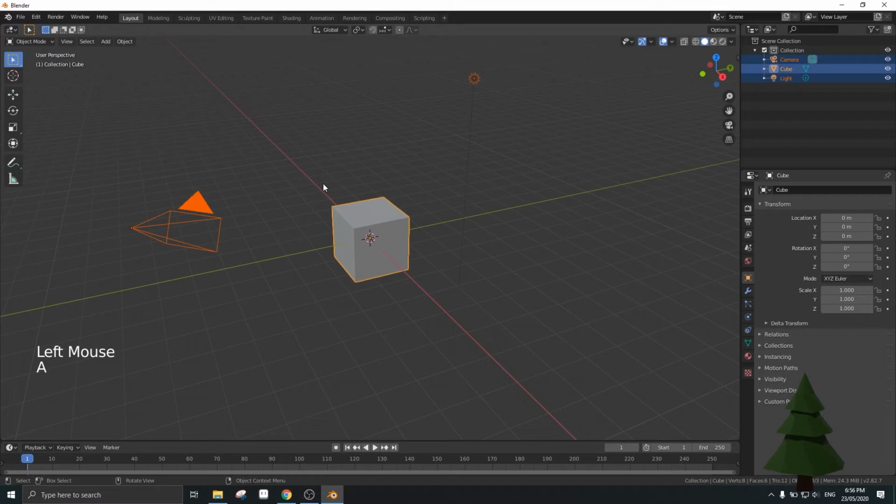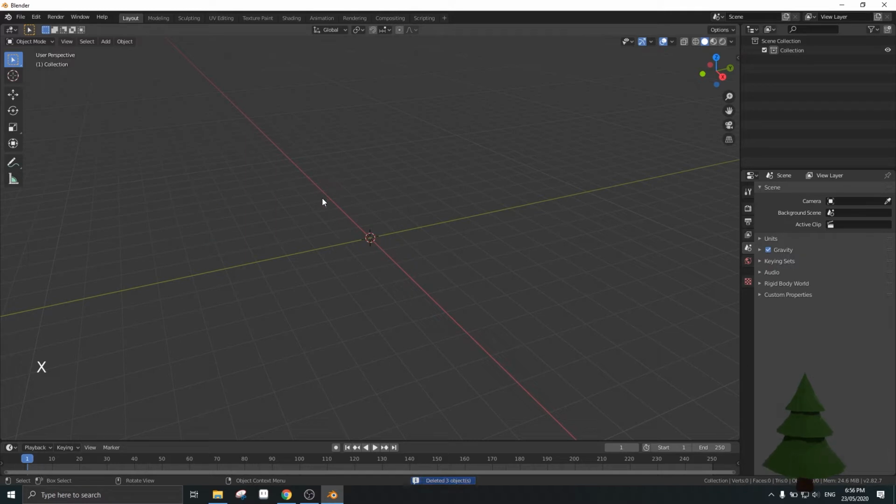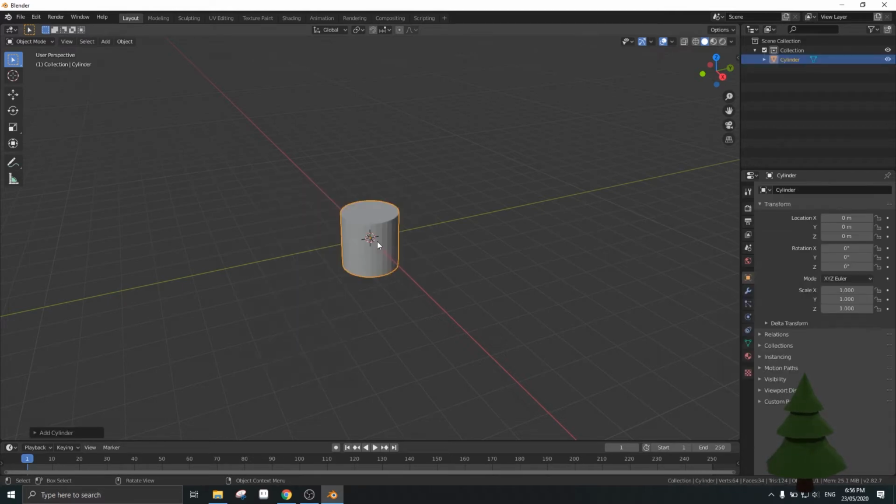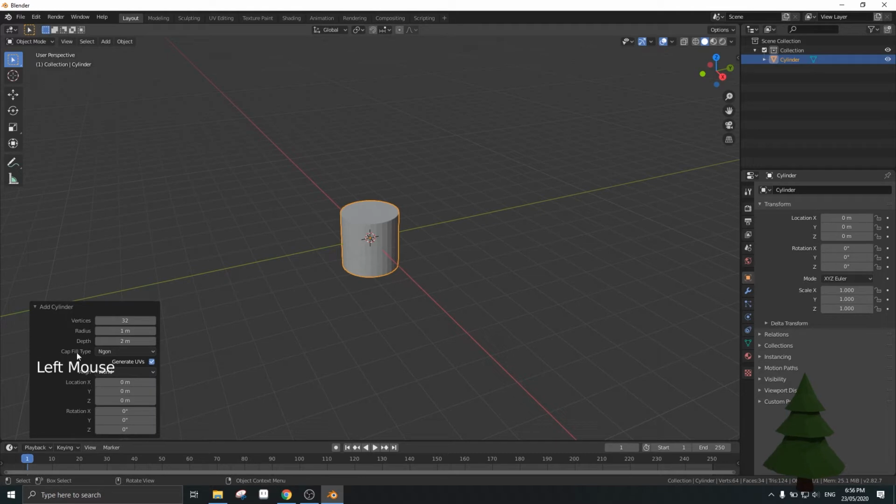I want you to press A to select everything, X to delete, and confirm that deletion by pressing Enter. Then I want you to press Shift A to create a mesh, and we're going to create a cylinder. Now we're going to change the configuration of that cylinder. Instead of 32 vertices, we're just going to lower the poly count to about 8 vertices, so make it low